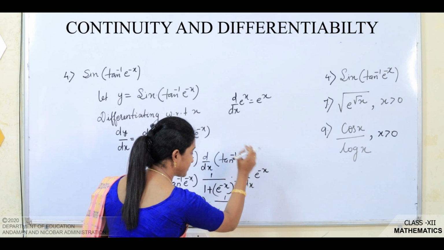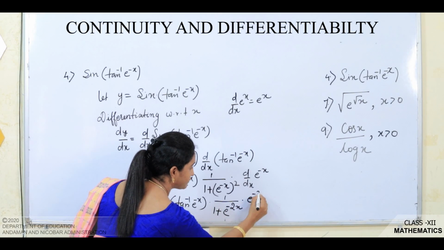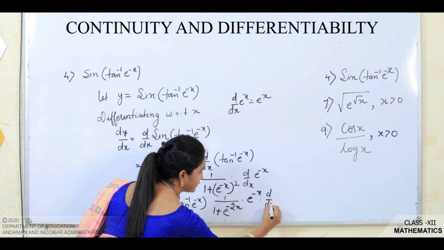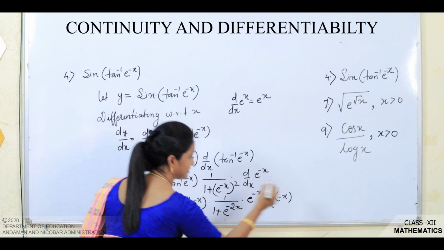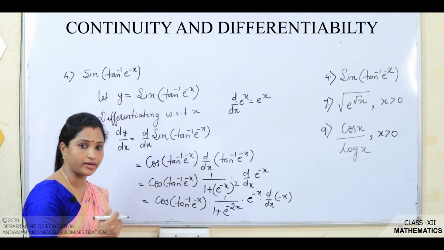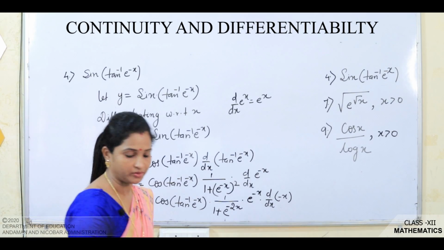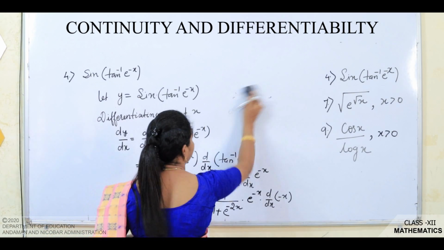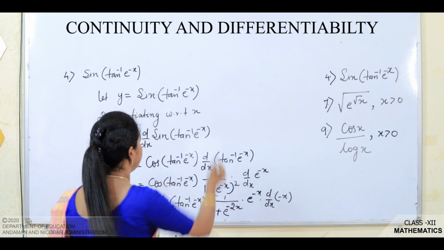So, e power of something is what? Again e power of something into d by dx of minus x. Part by part you have to differentiate. ठीक है, आप अगर इस तरह से करोगे ना, कहीं पे भी गलती नहीं होगी आपकी. So, now what you will do here after this,